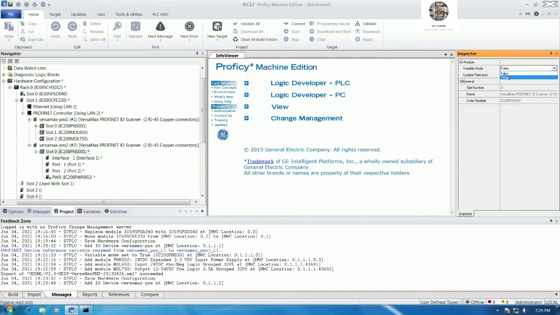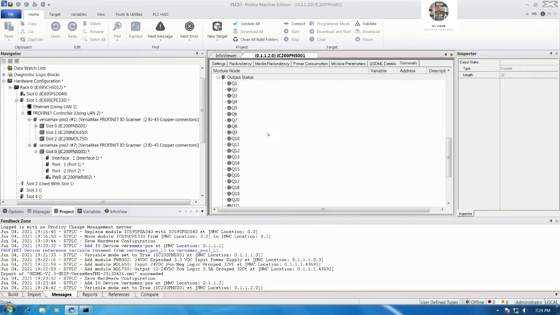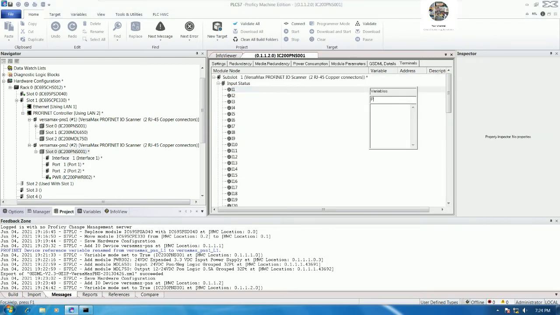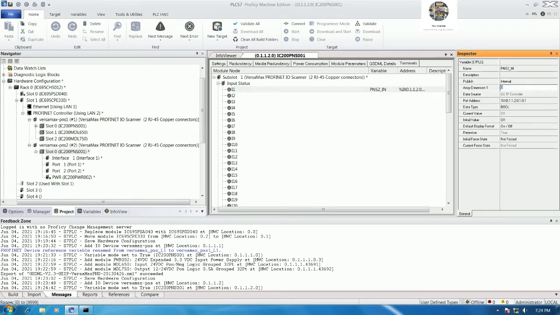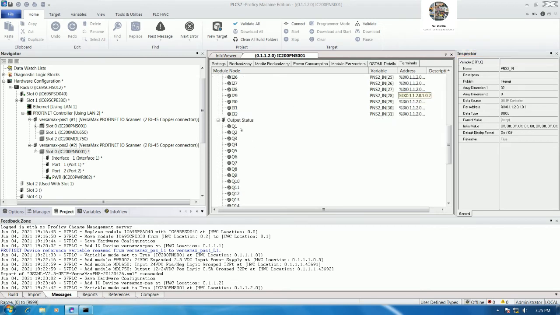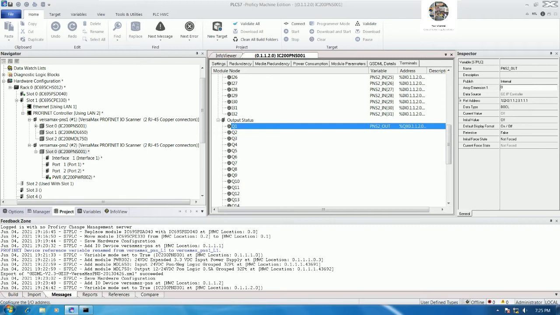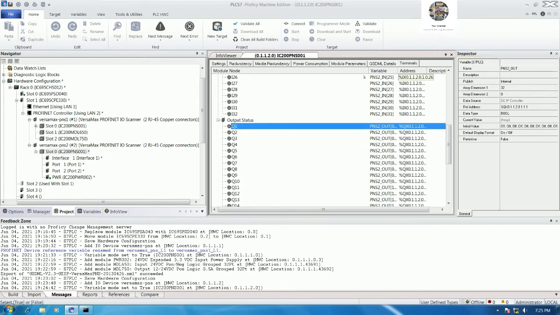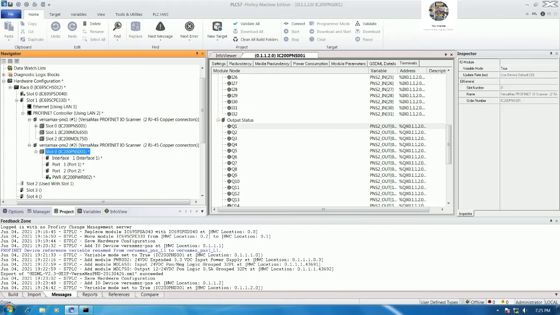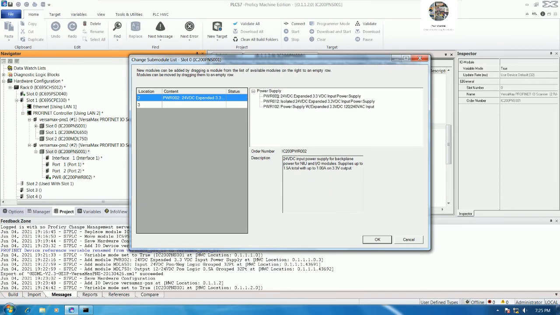Change this one to true first, and then go to configuration, and we can map the variable PNS2_in 32 also, and one more, PNS2_out 32 also. Yes, add one more power supply,